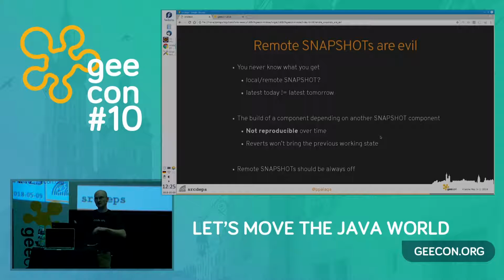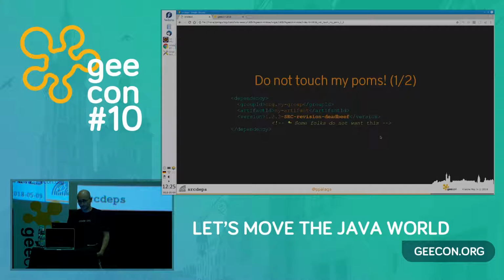The typical strategy to revert to some older revision can't work with snapshots, because snapshots today is the latest one, and next year it will always also be the latest one. So